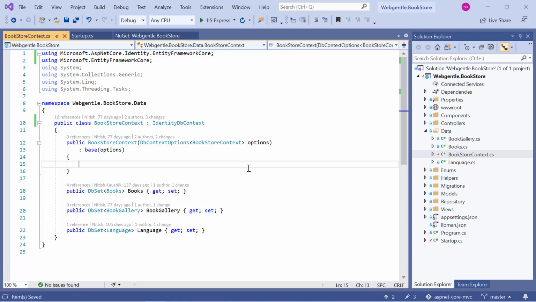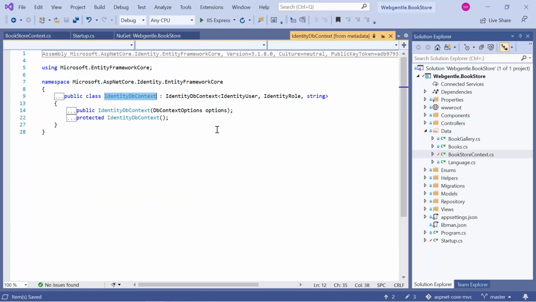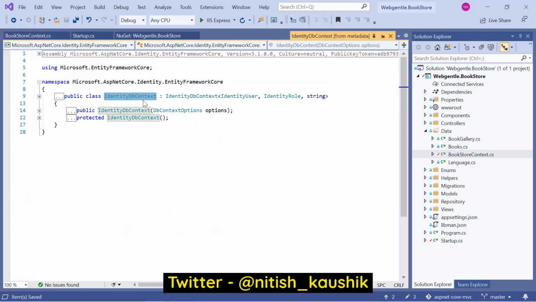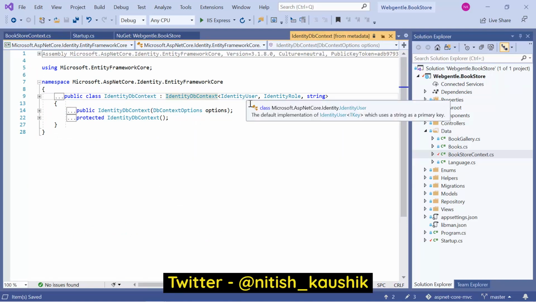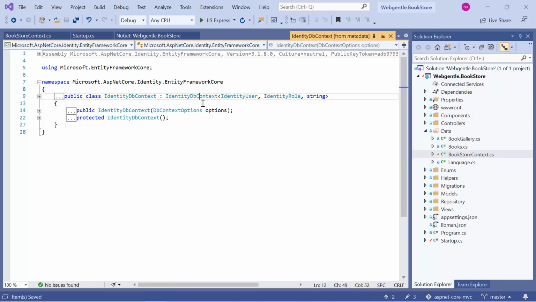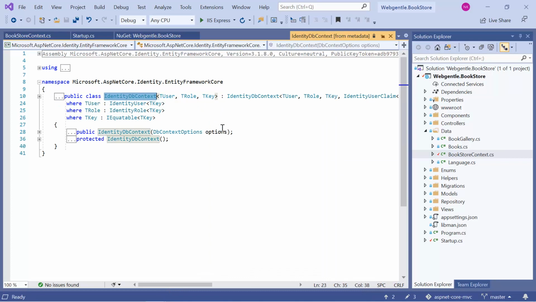Now, where is our DbContext? Let's right click on this IdentityDbContext and choose go to definition. Here you can notice that it is again inherited from this IdentityDbContext, and here we have passed IdentityUser, the same class, and IdentityRole. Again, let's right click on this one and choose go to definition. Here you will notice that it is again inherited from this IdentityDbContext.